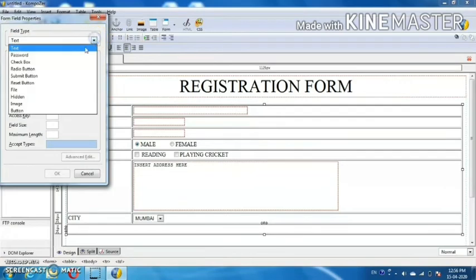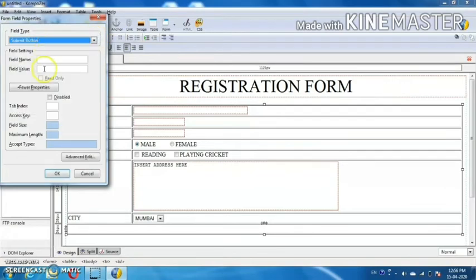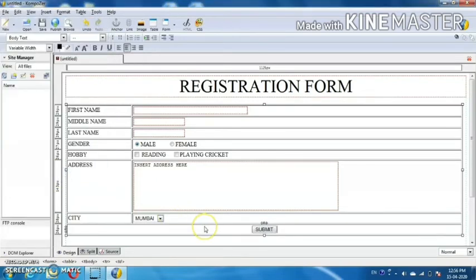Now in form field I'm going to select submit button, because as you know, after each form we have to submit it. Now in field name we are going to write submit, and in field value also we are going to write submit. Now click on OK button.